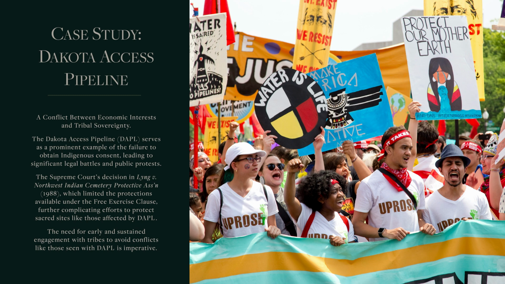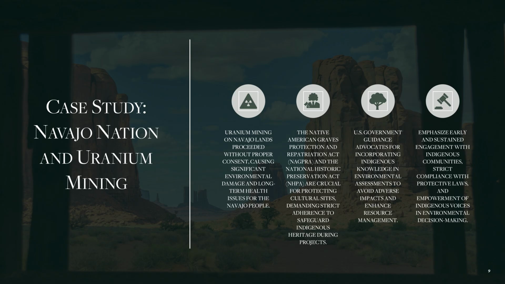The United Nations Special Rapporteur on the Rights of Indigenous Peoples emphasized that the failure to obtain FPIC was a violation of Indigenous rights as outlined in the United Nations Declaration on the Rights of Indigenous Peoples. Second, the case of uranium mining on Navajo Nation lands provides a stark example of the devastating consequences of neglecting Indigenous consent and knowledge. During the mid-20th century, extensive uranium mining took place on Navajo lands without the informed consent